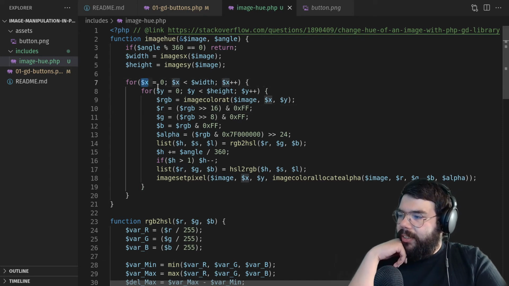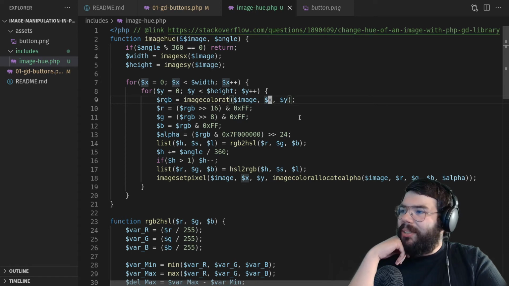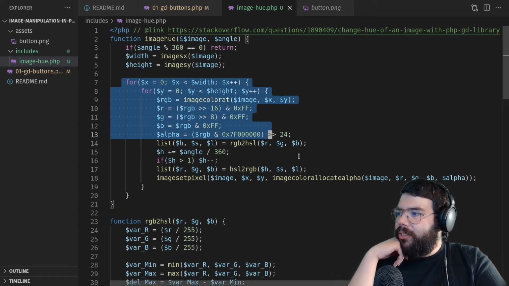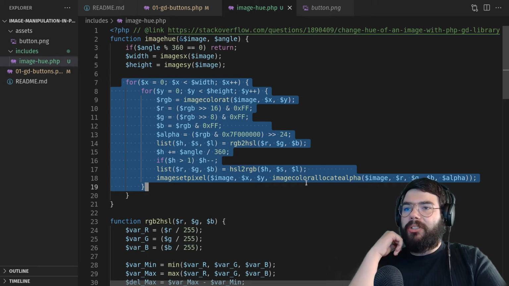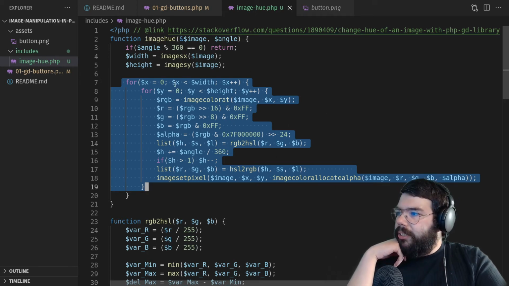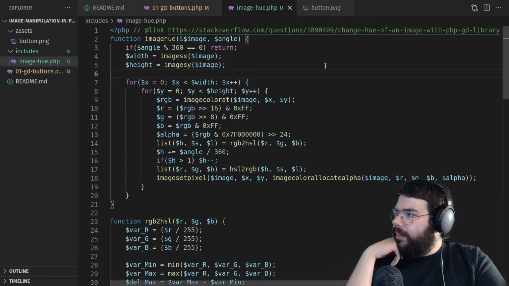If you really want to get into the nitty gritty with the GD, you can see they're actually looping through every single pixel, checking the color and changing the color of every pixel in this image, right? So of course there's a higher performance cost if you have to do this, but if your image isn't crazy big, like our button's a pretty reasonable size, this is still pretty darn quick. And you get some pretty nice flexibility out of that. So if we wanted to incorporate the image hue,